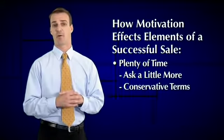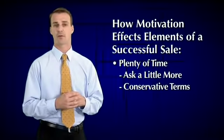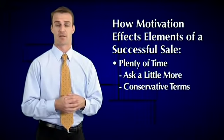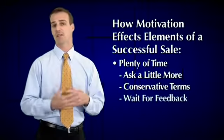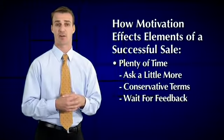You might consider throwing out some conservative terms, so maybe just an FHA, VA, conventional loan, no owner financing or seller paid closing costs or personal property thrown in the deal to start off with. As far as the condition of the property, you can wait till you get some feedback from potential buyers and see what they say about the property